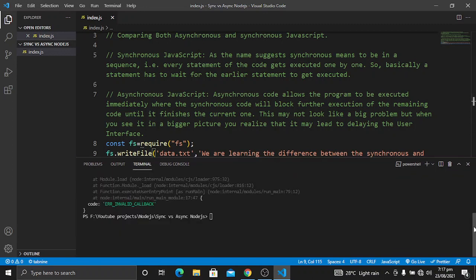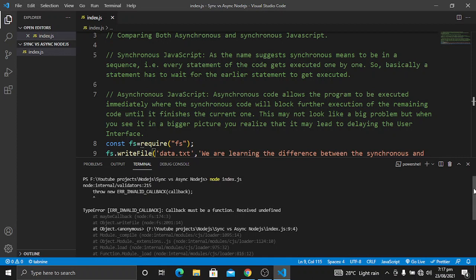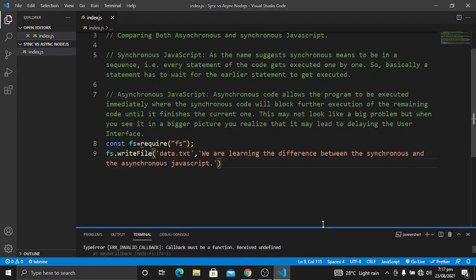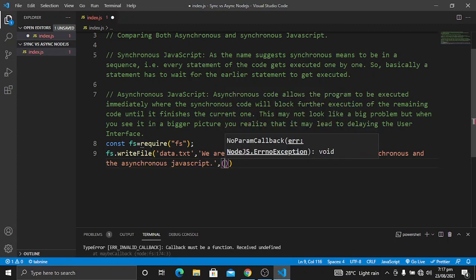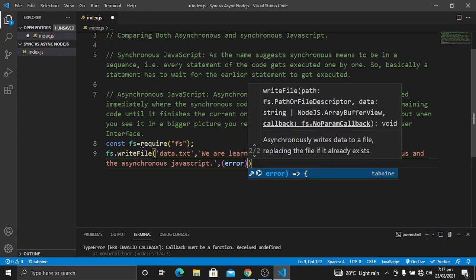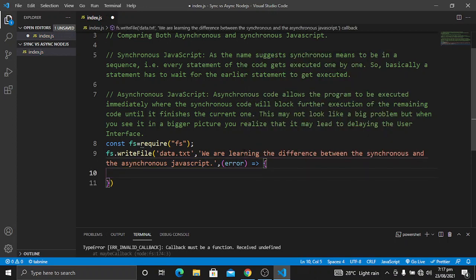So I will go here and now you'll see it is showing a throw error, because this is the async version we are using and we have to pass a callback function for it. So let's pass a callback function and here I will log that the file is created.